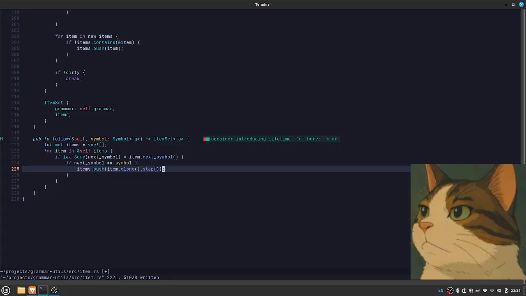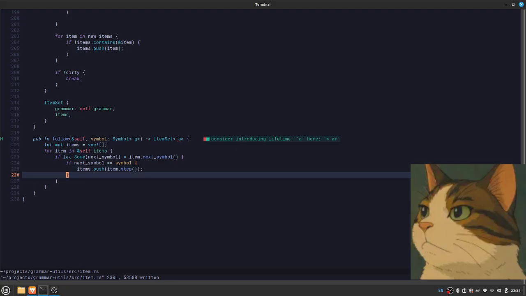Do I need that clone there? I don't think I need that clone there. But I do probably need to have... no. So we do that. And then after the for loop, we're going to